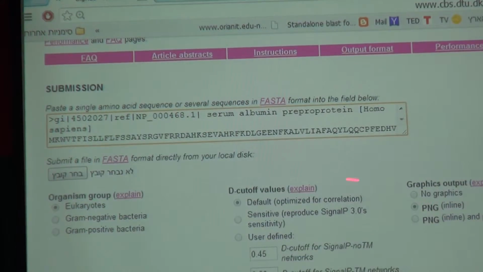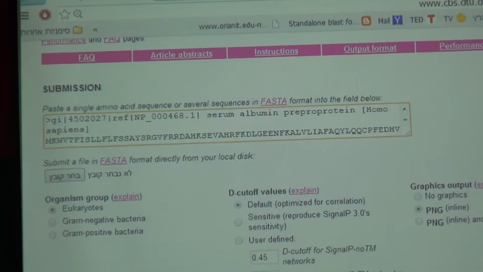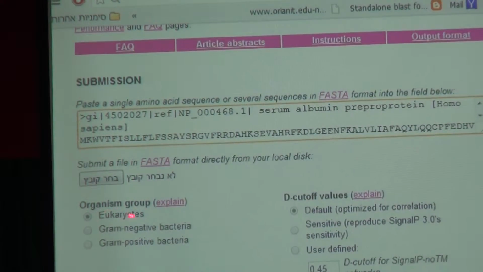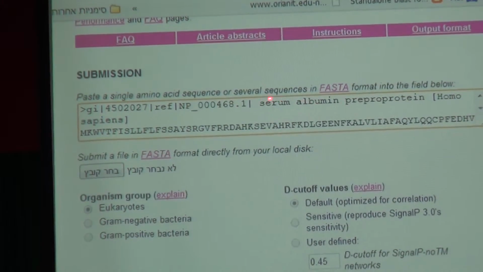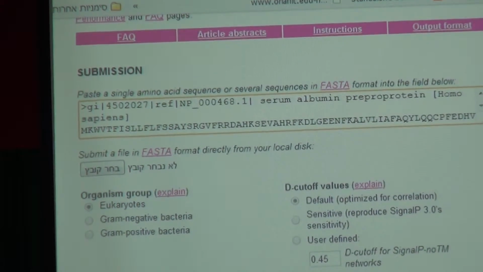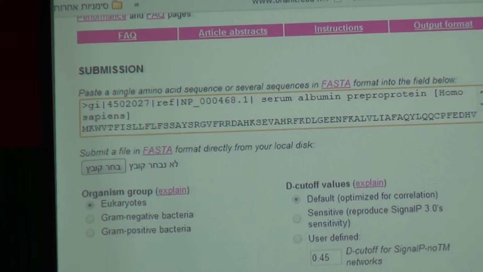And we choose several options. For example, the organism is eukaryotic. This is from Homo sapiens, so eukaryotic is okay. And I think